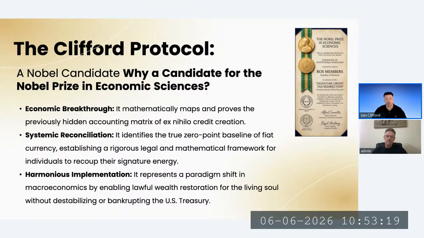So the Clifford Protocol finds the tax, it finds the signature credit, it creates a foreign grantors trust, it files the appropriate tax returns, it then creates a pathway through banking rails for the IRS to redirect the taxes which it's already collected for the benefit of the grantor trust to the grantor trust, because the foreign grantor trust has become what's known as the holder in due course. That is the short version of the Clifford Protocol.